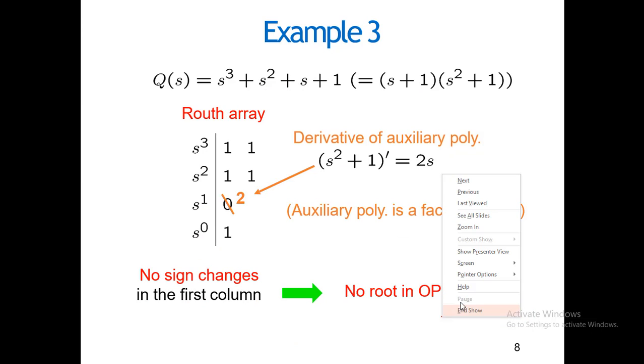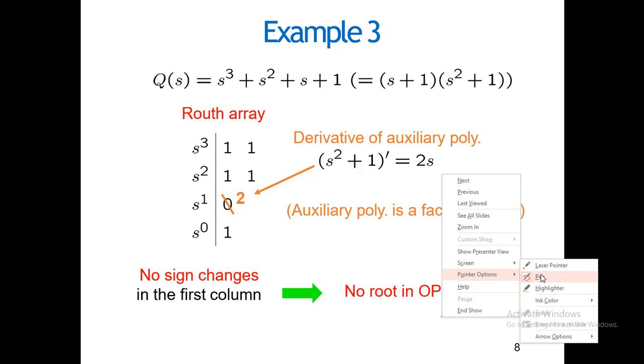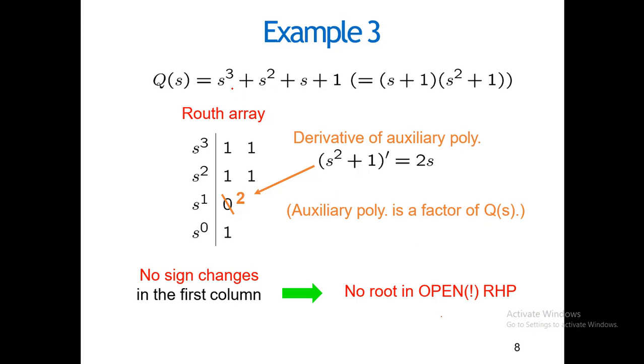Let's see another example by using this method. How can you solve this? So this is the equation as S3, S2, S and 1, and the coefficients were 1, 1, 1, 1. If you solve this, you get 1 minus 1 divided by 1, so it gets 0 over here. And you can handle that by using S2 plus 1 into s power 0, that is also 1, so s square plus 1.